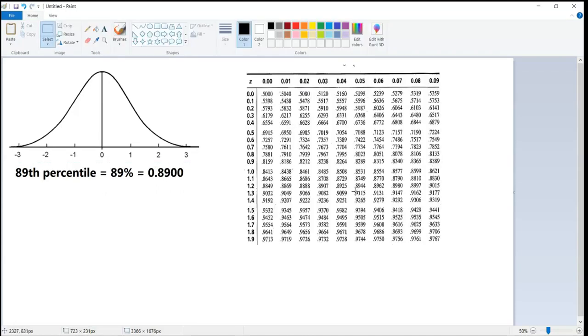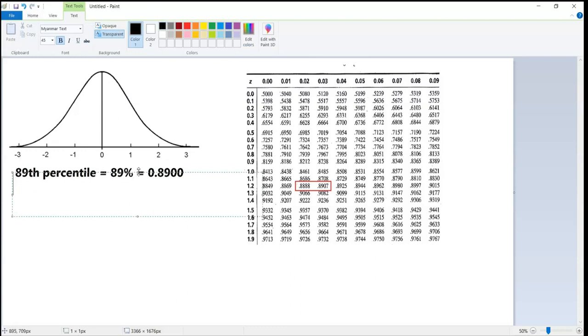Now, using our table of values, let's locate the area 0.8900 so that we can find the z-score of our 89th percentile. We can't really find the area 0.8900 in the table of areas, but we can find 0.8900 between the areas 0.8888 and